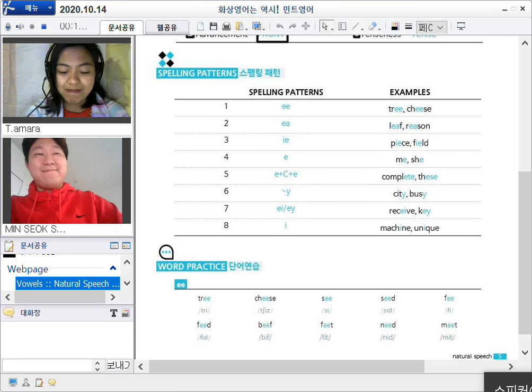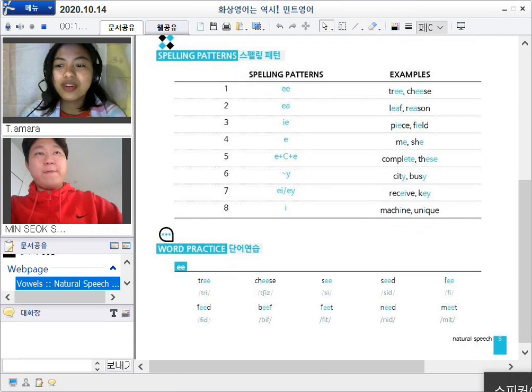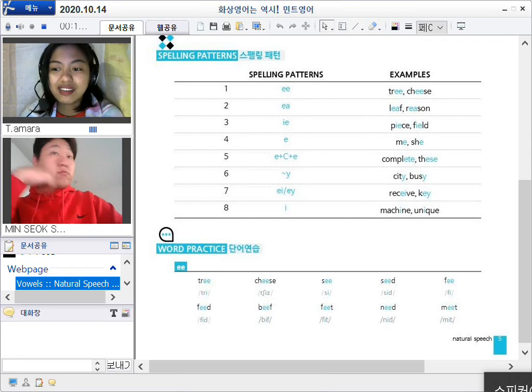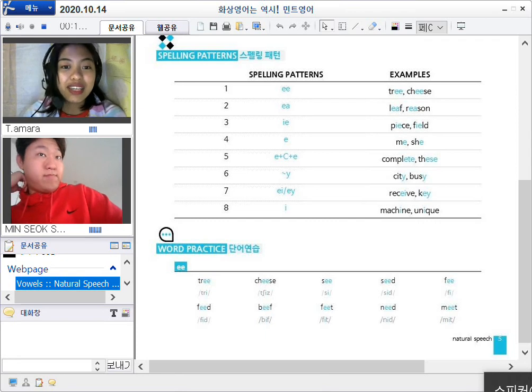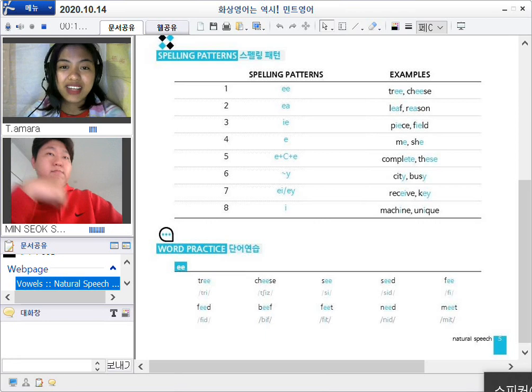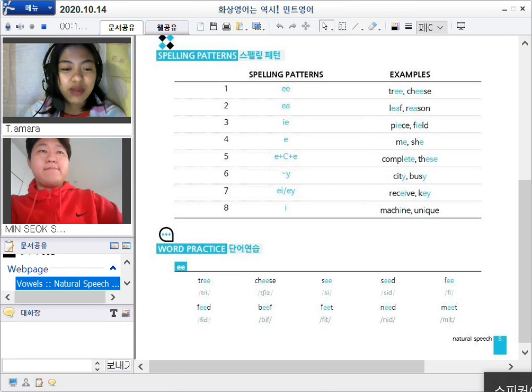Okay, then let's move on to the word practice. These are just some sample words for the spelling patterns that we have. All right, let's start by practicing reading the words that have a double E. Could you please read them